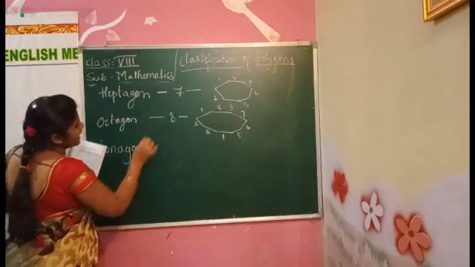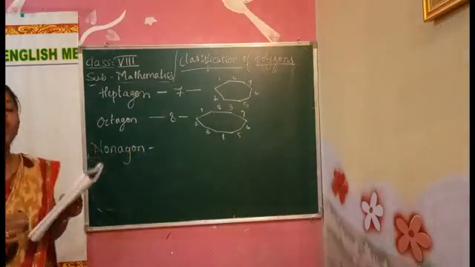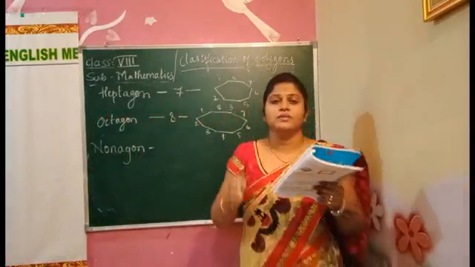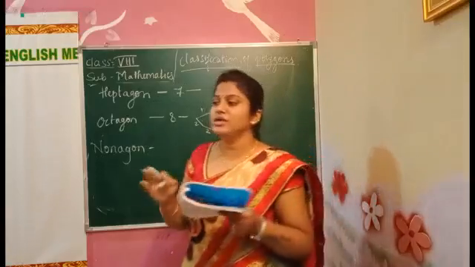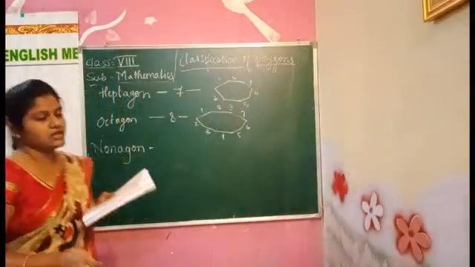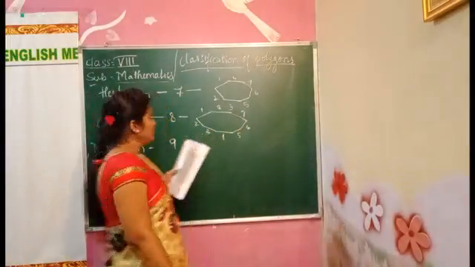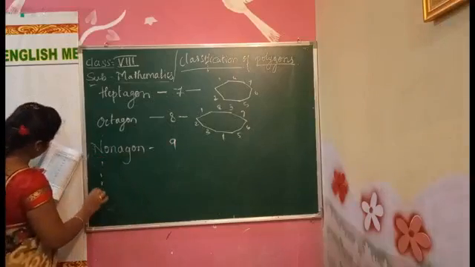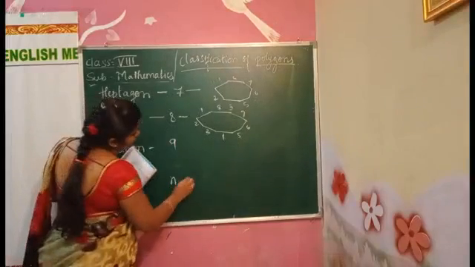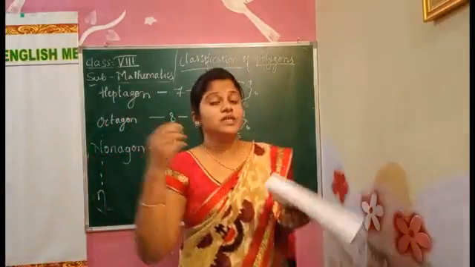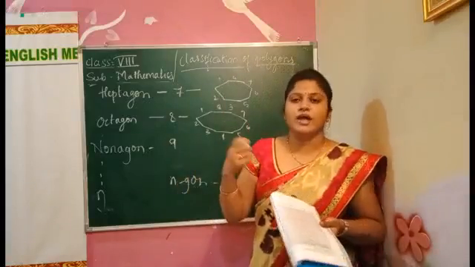Okay, like this we have till n-gon. However many sides we want, we can draw it like that only, but with no intersection between each other. Okay, nonagon will be 9 sides. However you want the size, you can do. The last one goes to the n. In that n-gon, the design will be however many sides we want, like that we can draw.